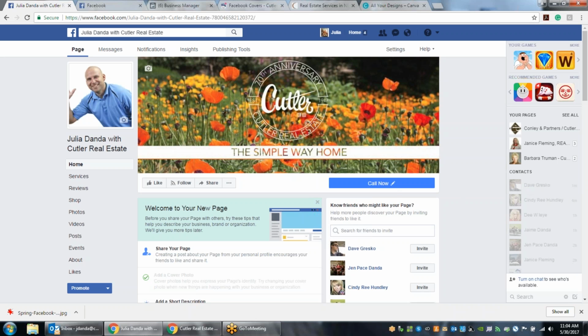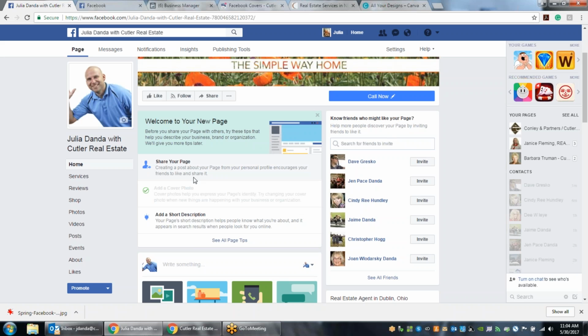If I ever need to edit it, again, I can hover over that. Come on. And click the edit button. I can change the call to action to maybe send message, and I also have the ability to delete it. I can also test it too if you're curious if it really worked. All right, so off the bat, those three things should be updated: your profile photo, your cover photo, and your call to action button. Scrolling down, you are going to see your page tips,